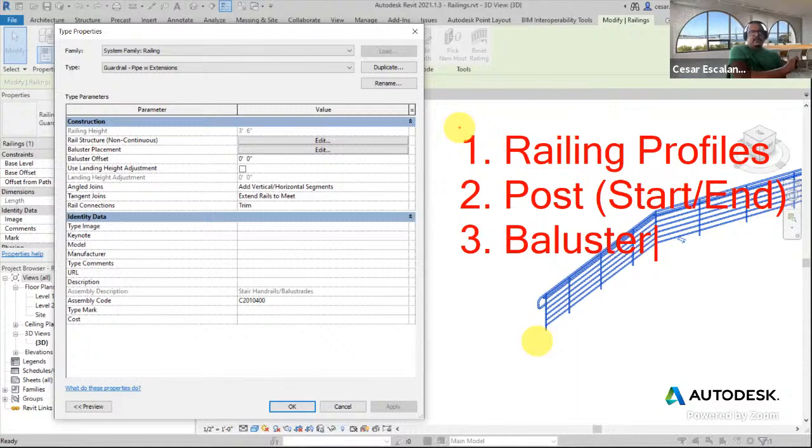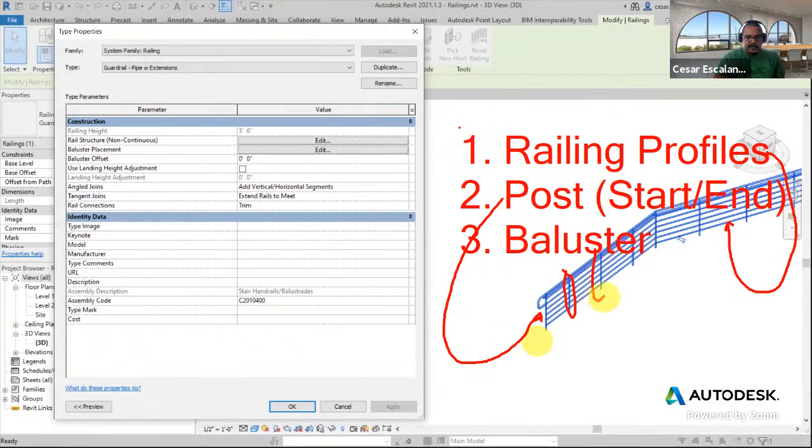The railing profiles are the horizontal profiles extruded along the length of a railing. The post start and the post end are the families right at the start of the railing and the one at the very end. And the baluster is the infill family that sits in between the start and the end. So in this case, the railing profiles are these horizontal ones. This is the start, and then the other one is the end. And then the intermediate balusters are all these intermediate families that are arrayed in between the start and the end of the